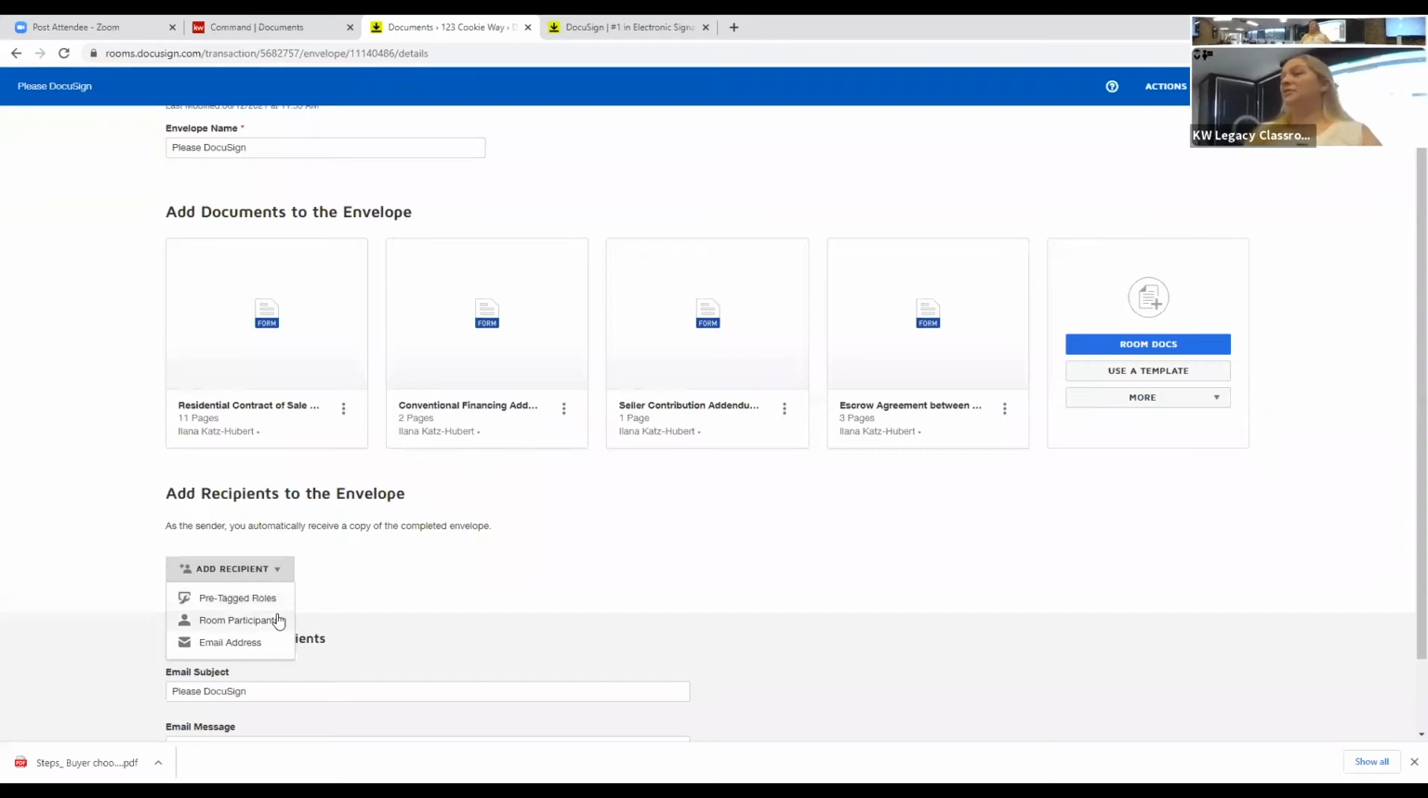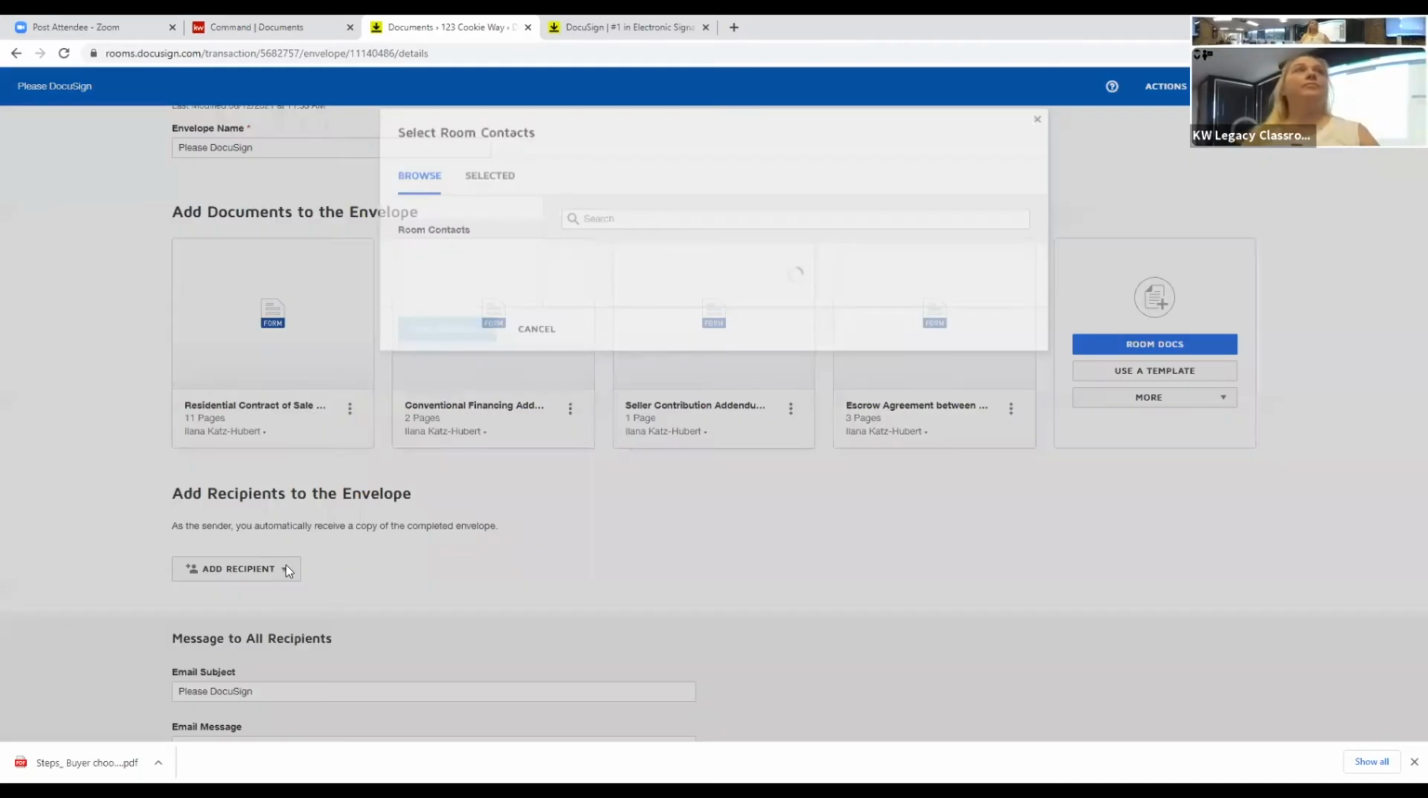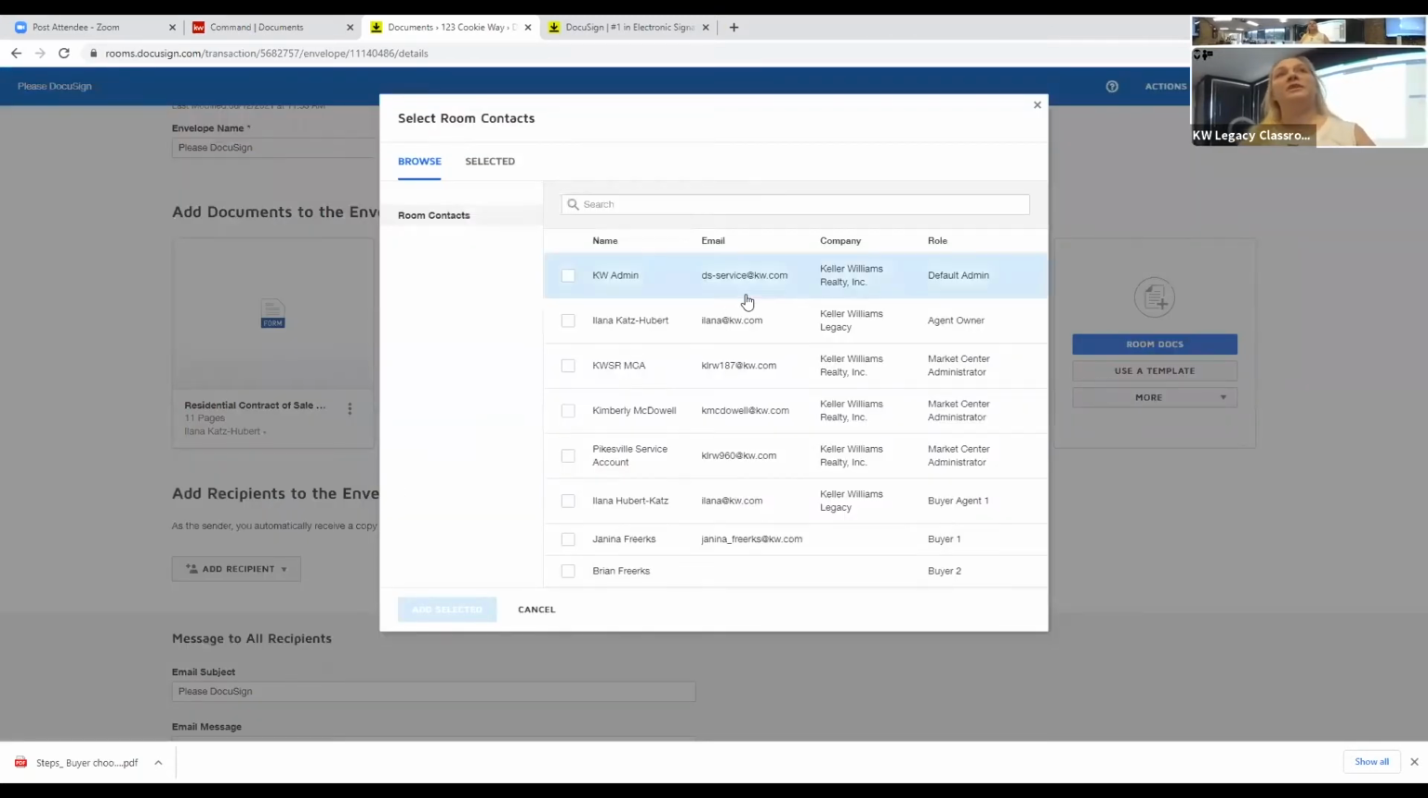After you have the documents in the order you want them in, you're going to click on the drop down box that's below your documents, and you want to select room participants. Now, the first several names on the list are your market center administration, and then the agent, and then your